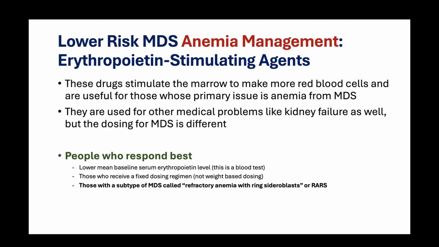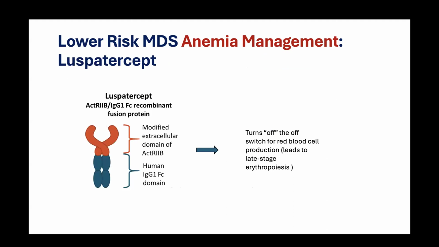This is a genetic mutation that actually leads to a more favorable prognosis because of a lot of the drugs that end up working. Now, when you have an SF3B1 mutation in combination with a whole bunch of other ones, the impact becomes a little bit more foggy. But if that's the only one you have, that may be really beneficial, because that means you're going to respond to a whole bunch of therapies, including the next drug I'm going to talk about, which you may have heard of is luspatercept.